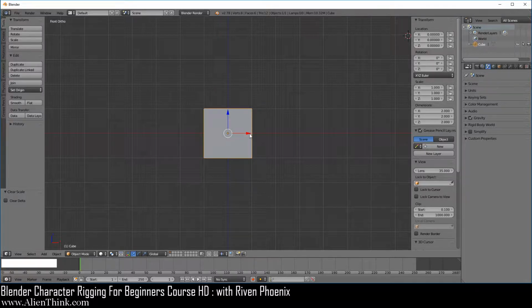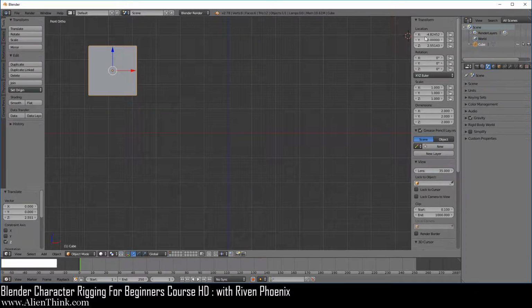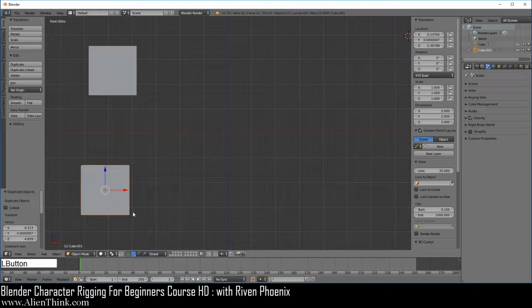So go ahead and click on this red arrow and move it back. Remember, these are the numbers right now that are showing the location that you've decided to put this object. What it's really talking about, this location, is this origin point over here of this cube. Okay, now do Shift D to duplicate and place this here.